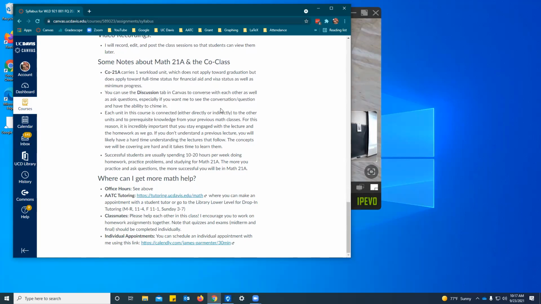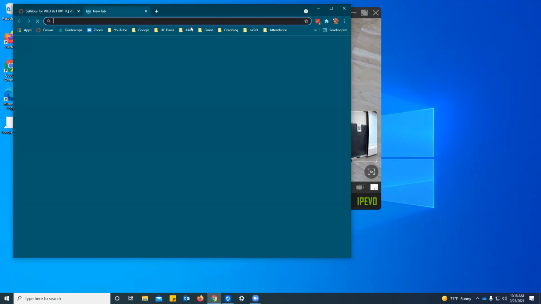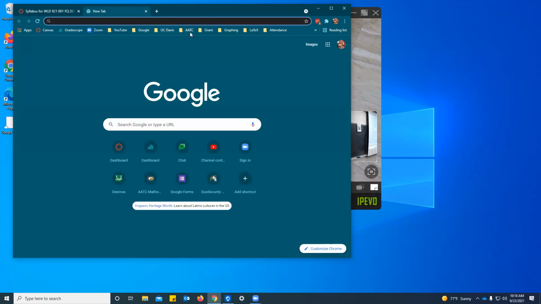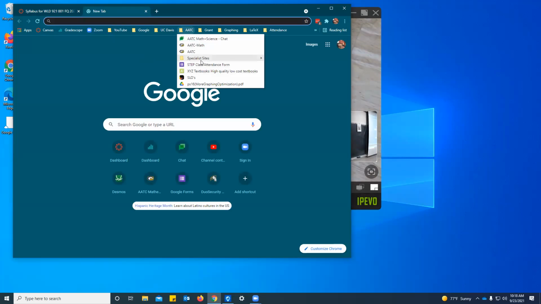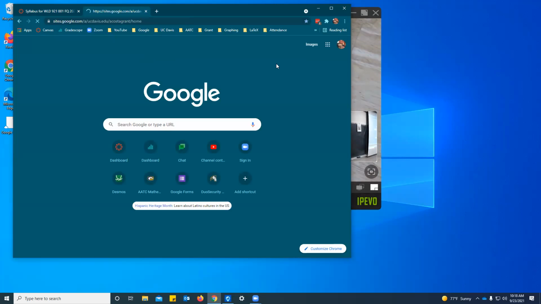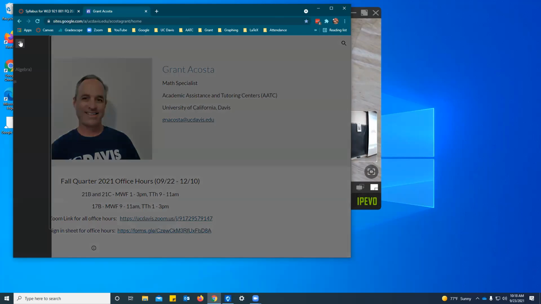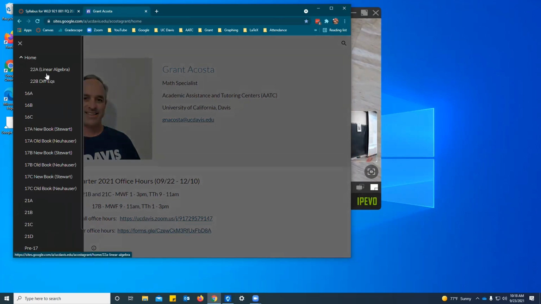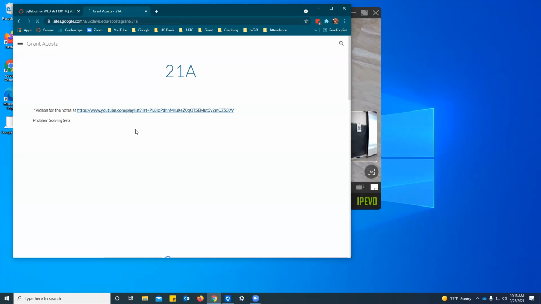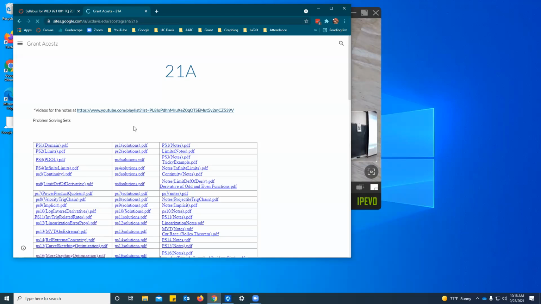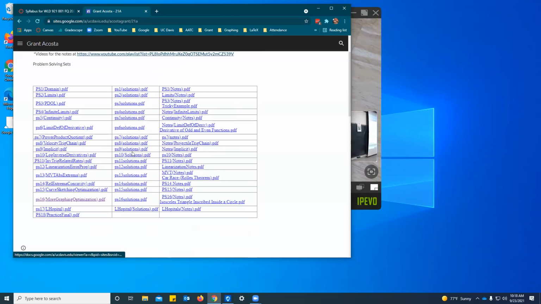There's a website I'm going to add, which is Grant's website. I haven't added it yet, but I will say Grant's a great guy. He is one of the other specialists here. His website, he had to redo all the links because Google changed some things, so he's been redoing all his links. And once his 21A links are live, I encourage you all to utilize his website because he's got some good